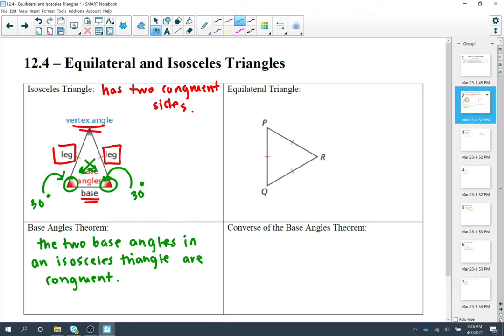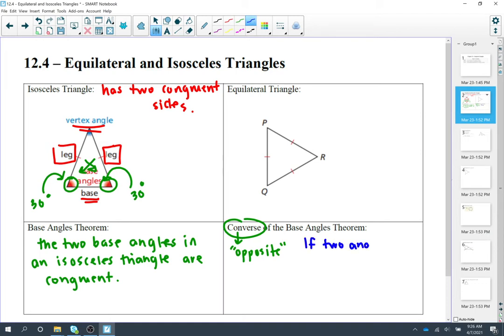Now, the converse of the base angles theorem, so when you hear the word converse, I want you to kind of think of the word opposite or opposite direction. So the base angles theorem says that in an isosceles triangle, I know I have an isosceles triangle, the two base angles are congruent. Well, the converse says if